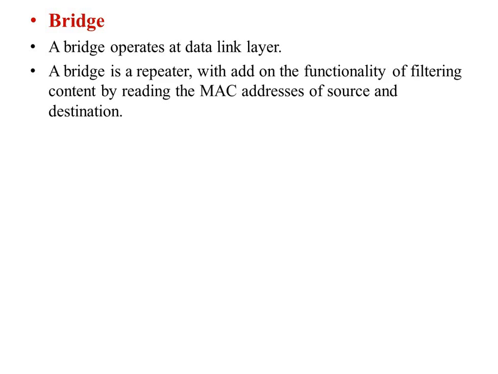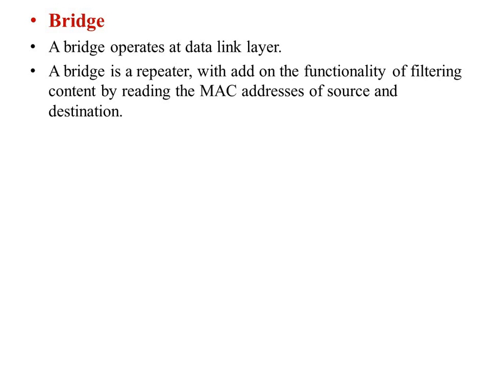So it is an enhanced version of the repeater or a hub. A bridge operates at the data link layer, whereas repeaters and hubs operate at the physical layer. Whatever the MAC addresses are, it operates at the MAC level. So a bridge is a repeater with the additional function of filtering the content by reading the MAC addresses of the source and